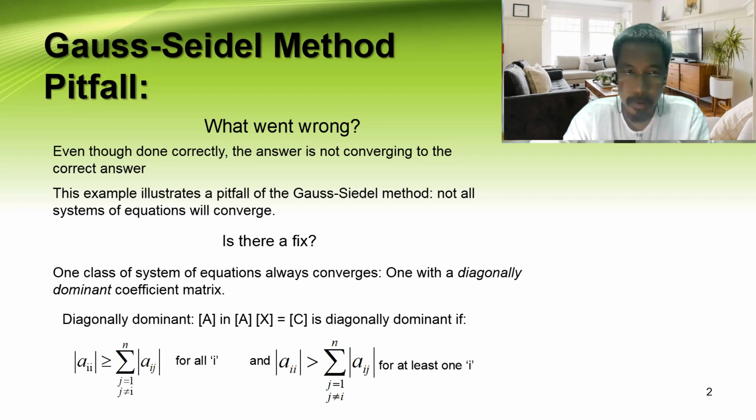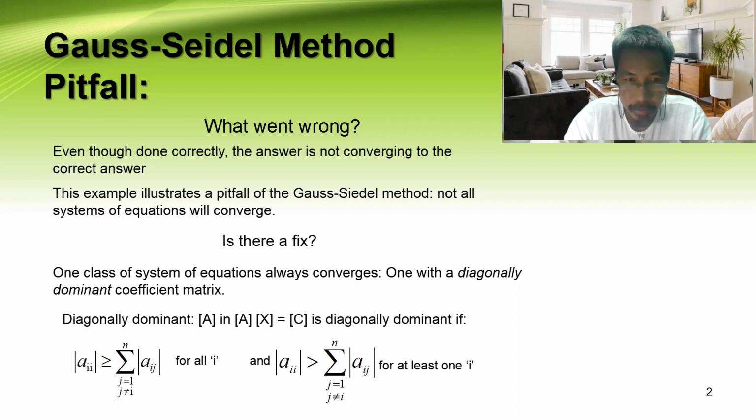This example illustrates a pitfall of Gauss-Seidel method. Not all systems of equation will converge. How can we fix it? One class of systems of equations always converge: one with a diagonally dominant coefficient matrix. Diagonally dominant